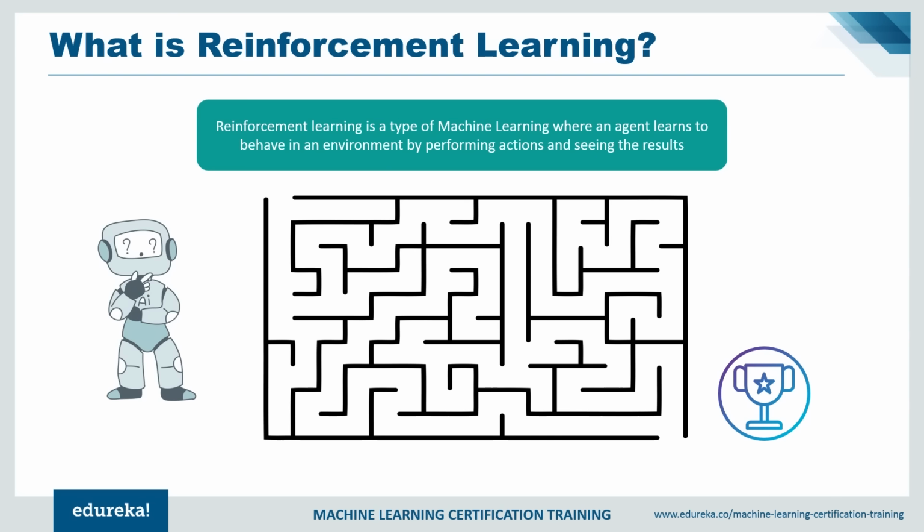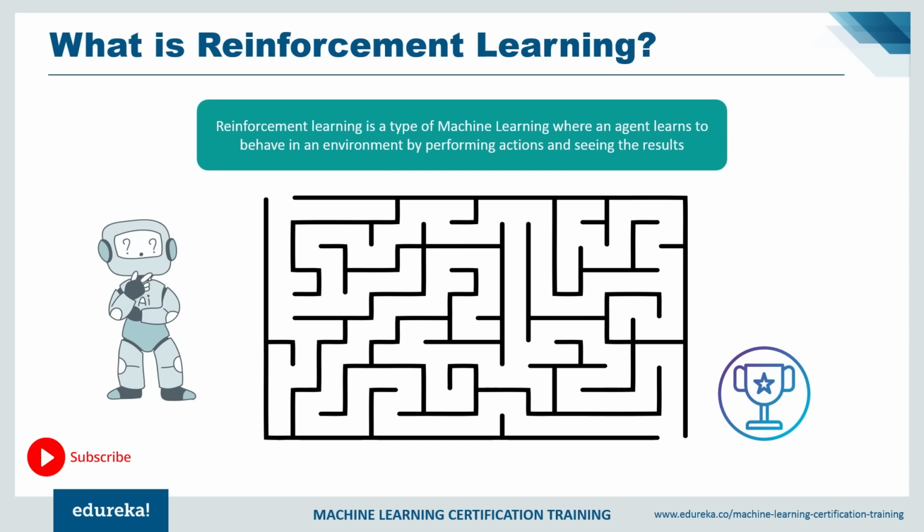So now coming to the third and last type of learning, which is reinforcement learning. Reinforcement learning is a type of machine learning where an agent is put in an environment and it learns to behave in this environment by performing certain actions and observing the rewards which it gets from those actions. So reinforcement learning is all about taking an appropriate action in order to maximize the reward in